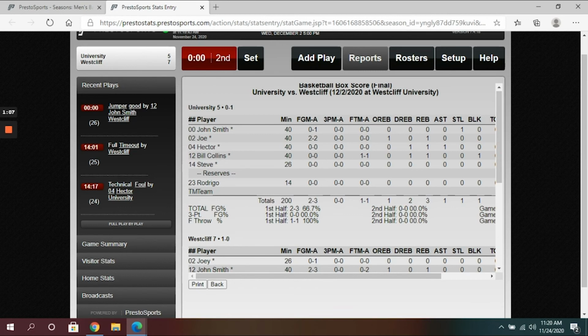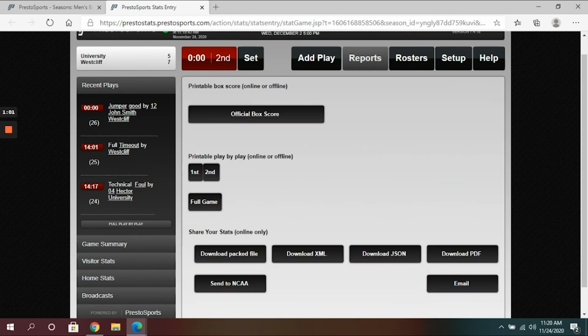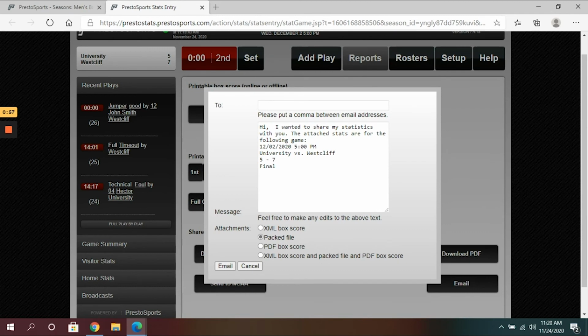This is why it's important in your pregame to make sure you have the right record inputted, because once you hit finalize, this is what will come up. And then all you have to do, you'll hit your email and you'll email the necessary information. You'll send this both either to yourself along with the visiting SID or the head coach, depending on